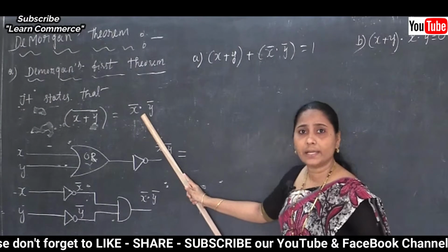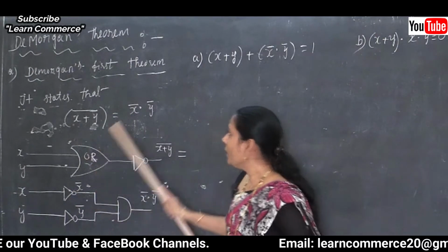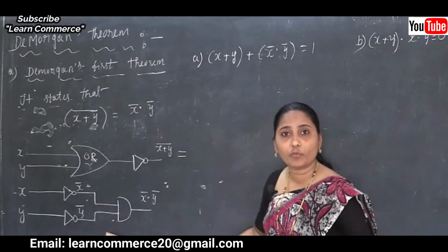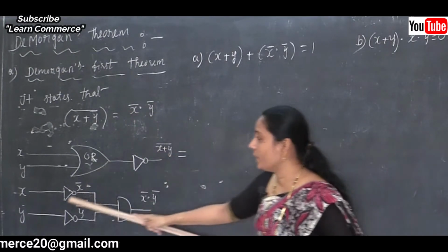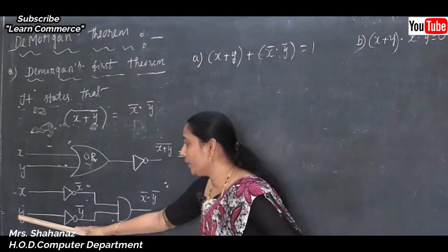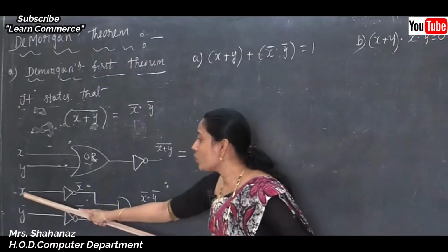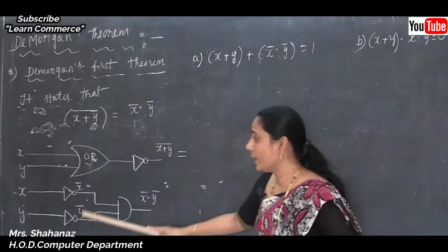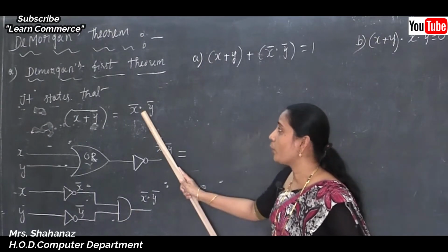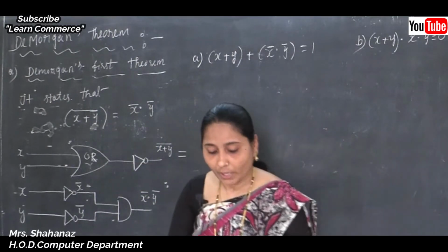Now the right hand side symbol: x', correct here, and the symbol is that. Later we are going to join after completing our complement of y. So in the starting step we need to complete x' and also the complementation of y, that is NOT y. Clear this point? So the complementation of x and also the complementation of y, and both are going to join with the AND. Now this is the symbol for our first theorem of De Morgan's.